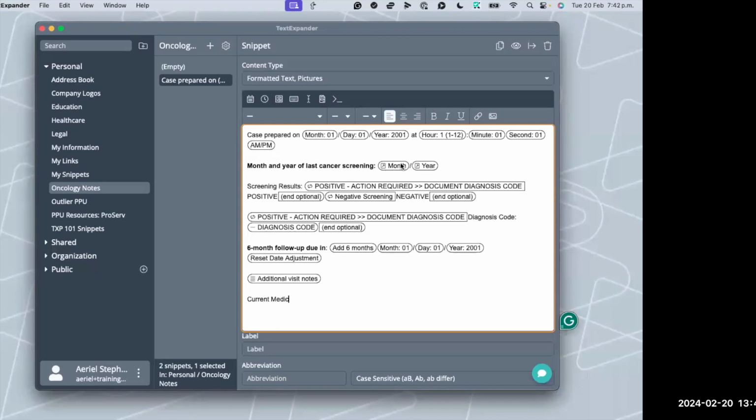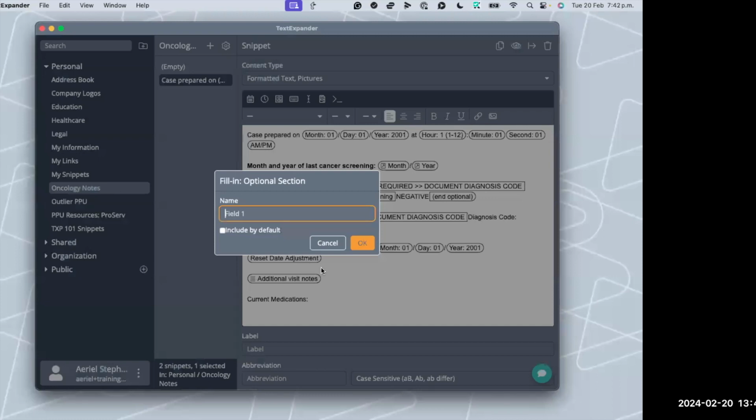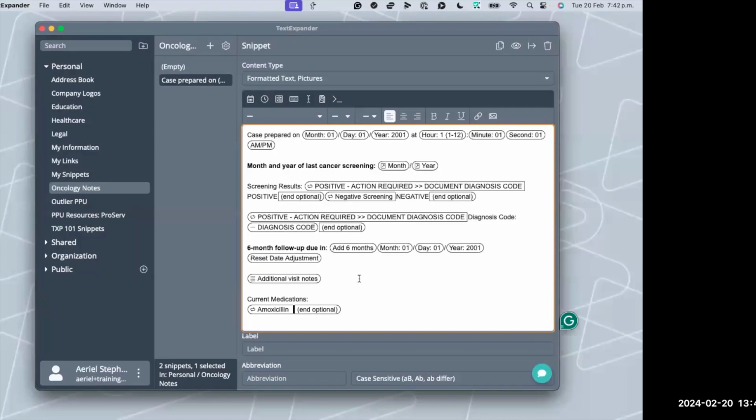So I'm going to put current medications. You would just come back to that fill-ins button and add an optional section. When I just want a clean checklist, I would recommend you do not name the optional section. I will name the first one, just so you can see the difference of what I mean, and I'll say amoxicillin for that one. Then I'll select OK.